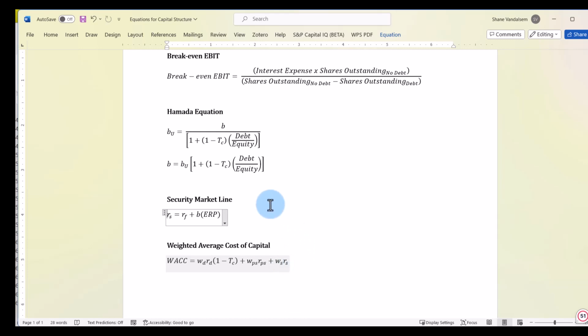And our goal with this is to find the weighted average cost of capital that maximizes the value of the firm, which will be the weighted average cost of capital that is the lowest. So we want to find the lowest weighted average cost of capital based on the different levels of debt that we're evaluating. Okay. So I'm going to go back to the spreadsheet here,